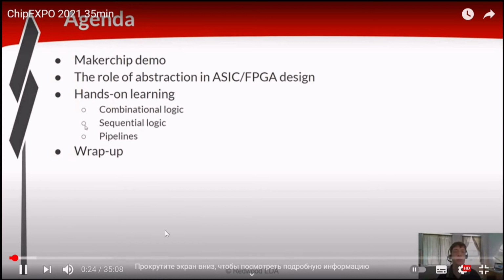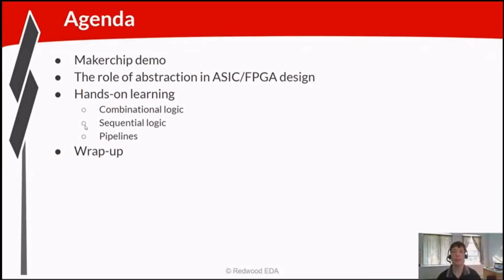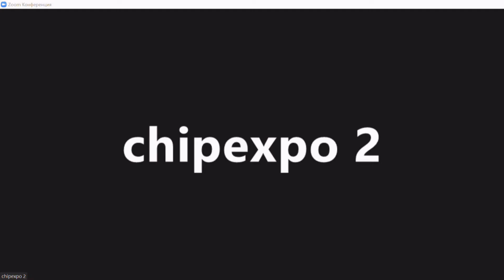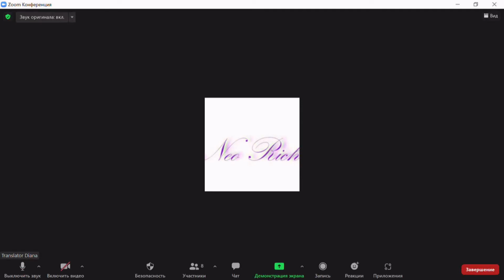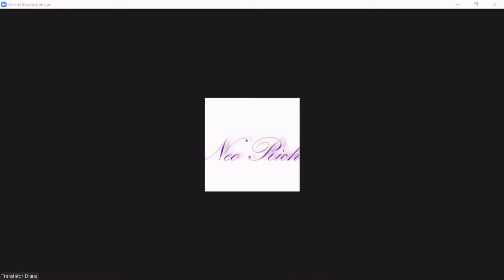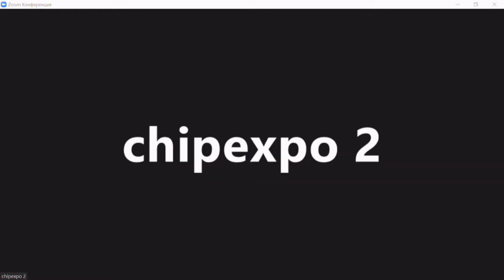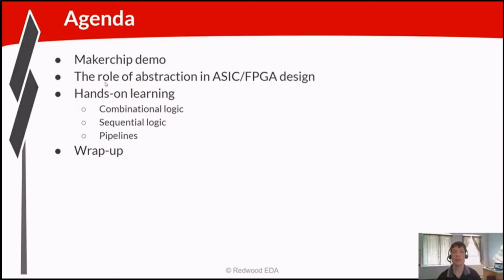I'll start with a quick demo of the Makerchip platform. This is a platform that's offered by Redwood EDA, a free platform for developing and that has support for transaction level Verilog. After demoing Makerchip, I'll talk about the role that abstraction plays in the design